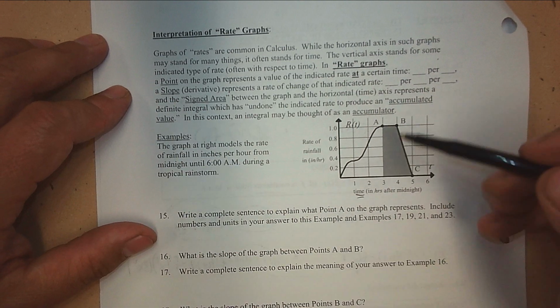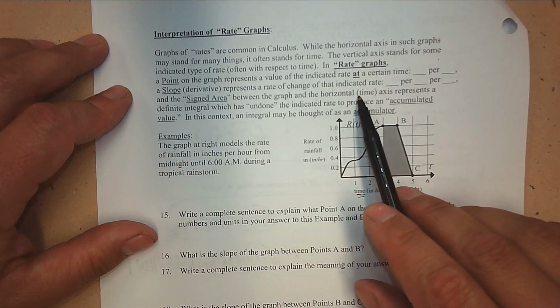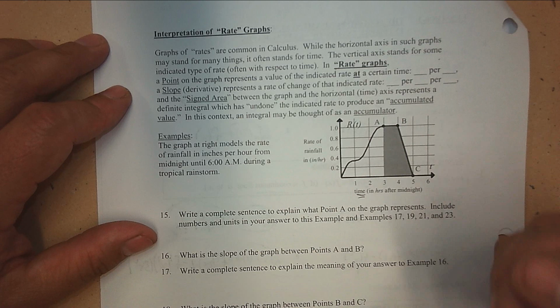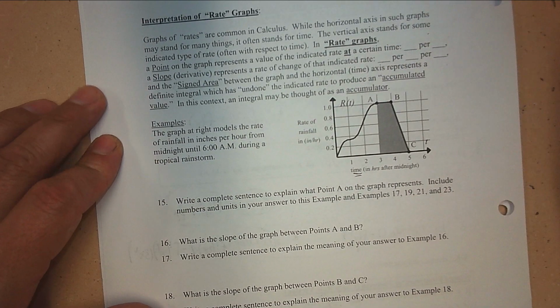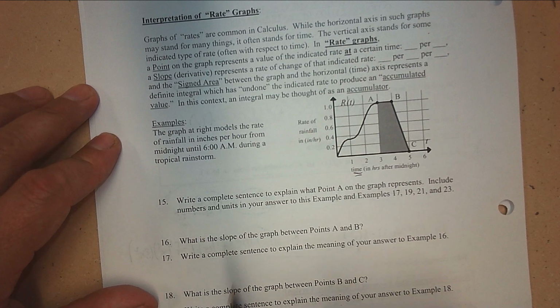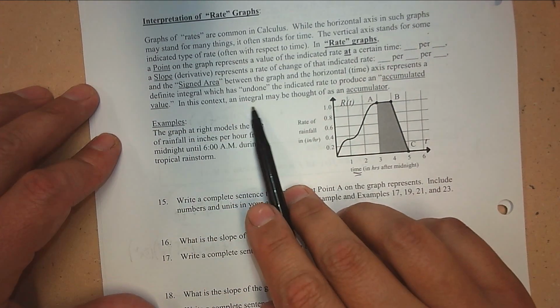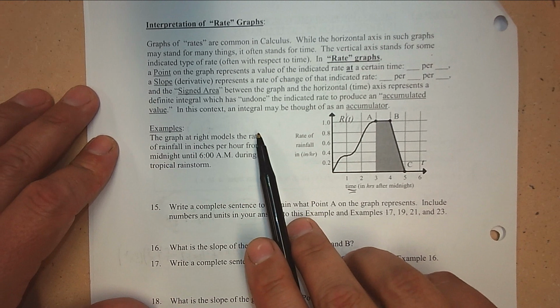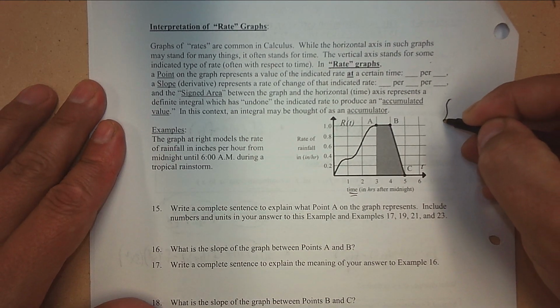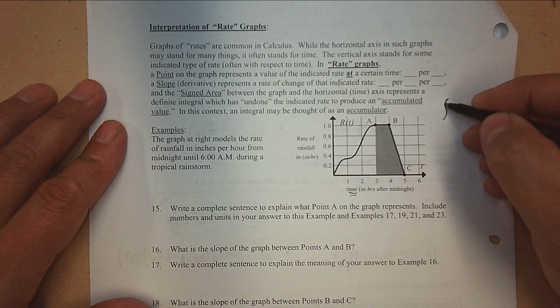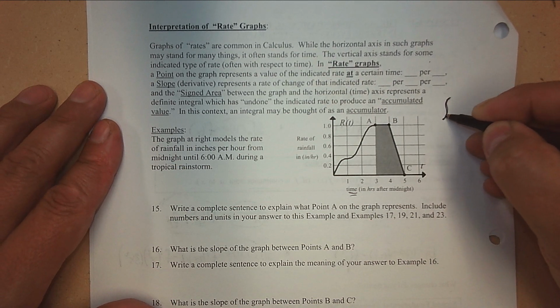And the signed area between the graph and the horizontal time axis represents a definite integral, which has undone the indicated rate to produce an accumulated value. In this context, an integral may be thought of as an accumulator. One of the definitions of understanding an integration is understanding that it has a long S that adds up and